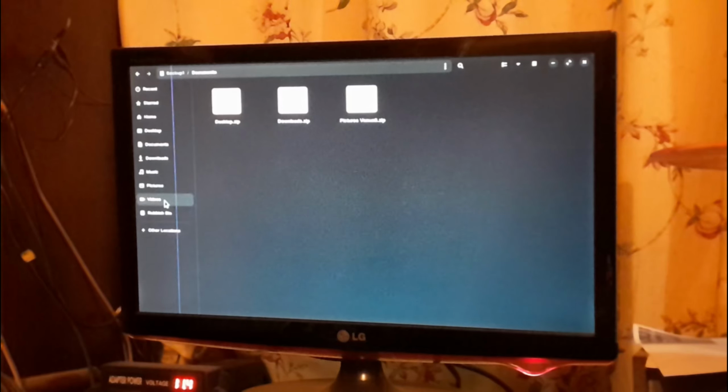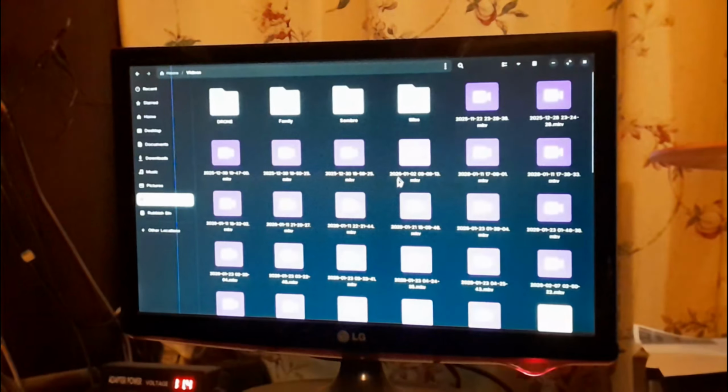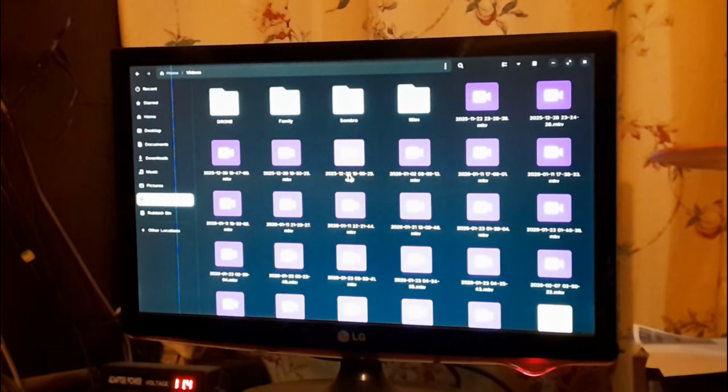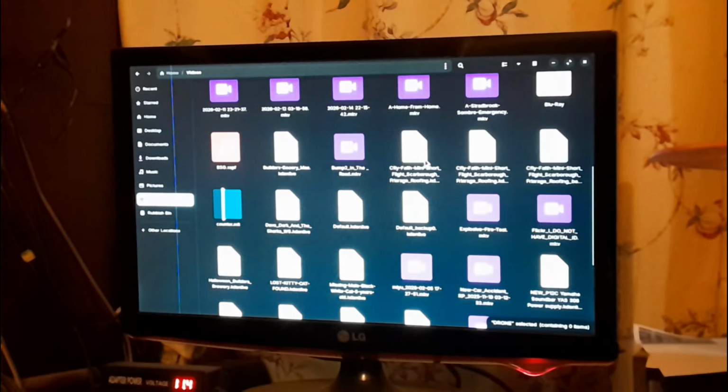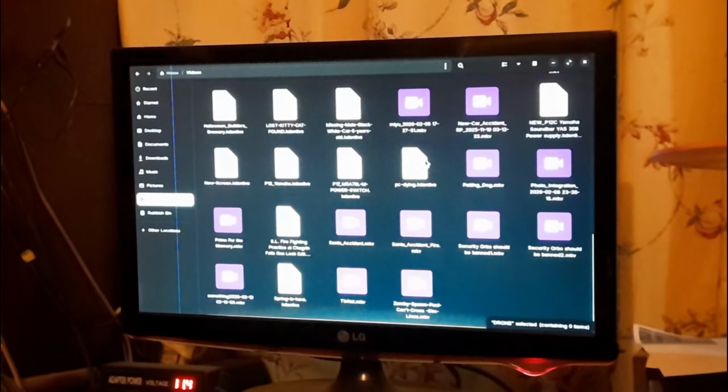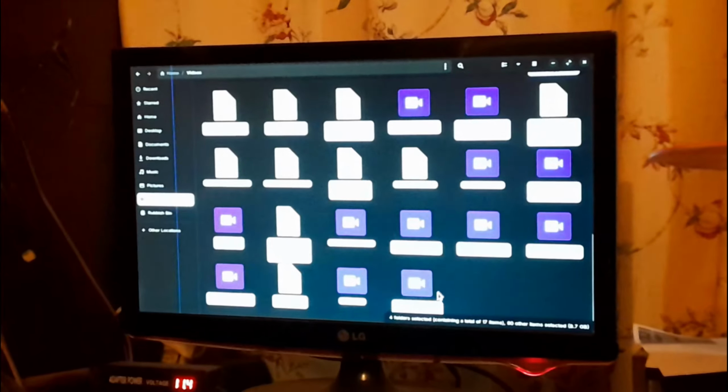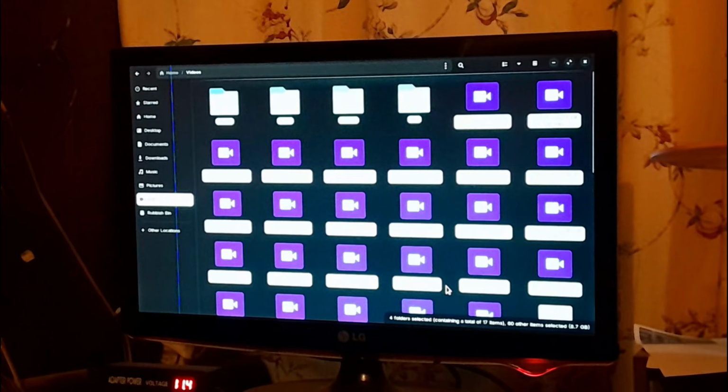Now I can go to my video section. Now this whole thing has to be moved. It's kind of pointless zipping this stuff up because I need to move it back across when I actually restore. So I'm going to select all my stuff in here in my video section, right? Then I'm going to cut